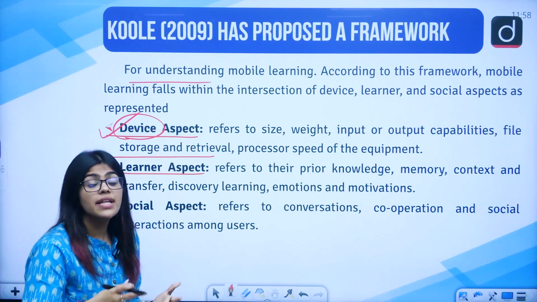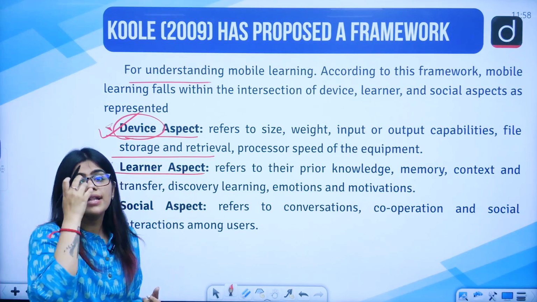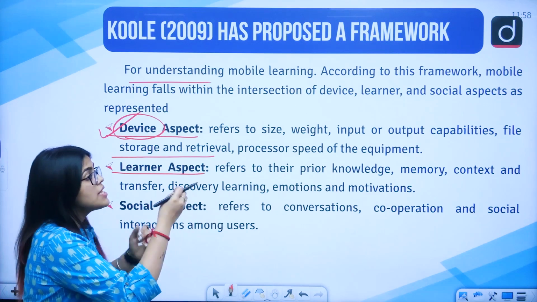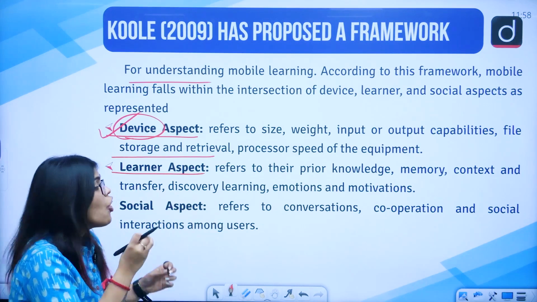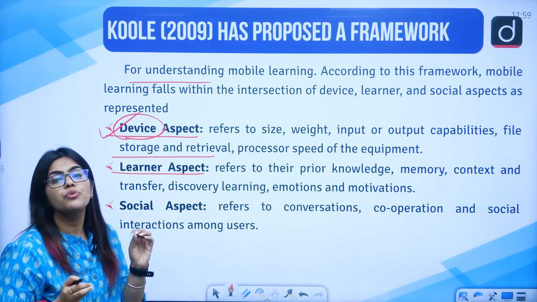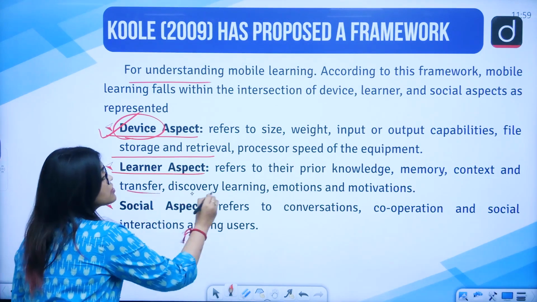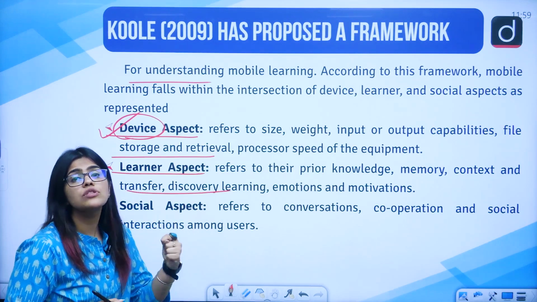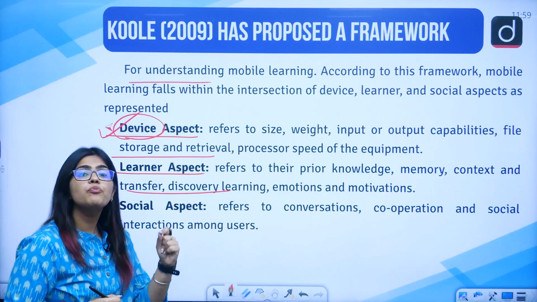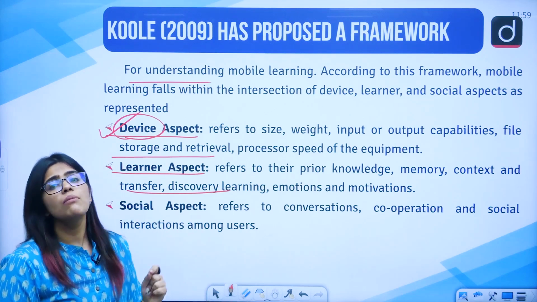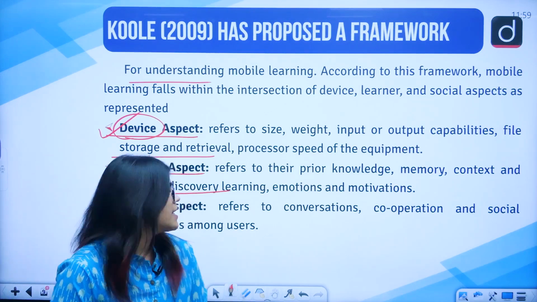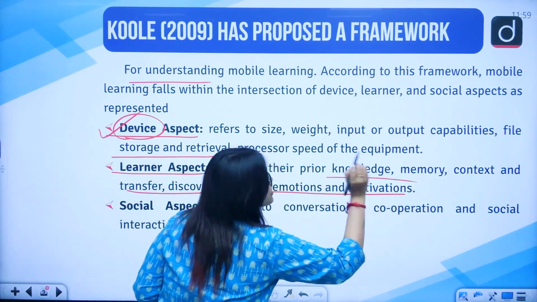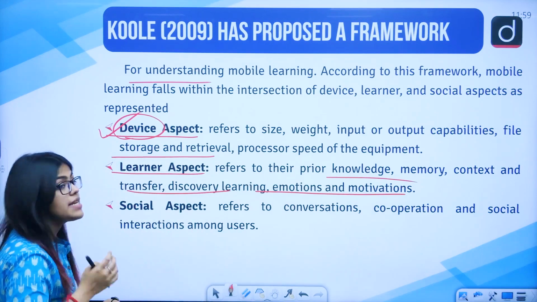They are in their homes only, and they are not interacting with you face to face. So there should be some prior contextual knowledge, or some prior memory about what you are teaching them. It refers to discovery learning. They should also have emotions. They should also have the locus of control inside them, that if you provide them with the content using mobile learning, they will be keen to study from there as well. This tells about the emotions, and you should consider the motivation of the student as well.